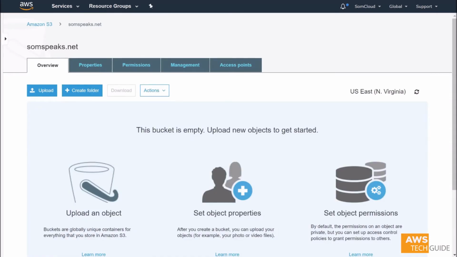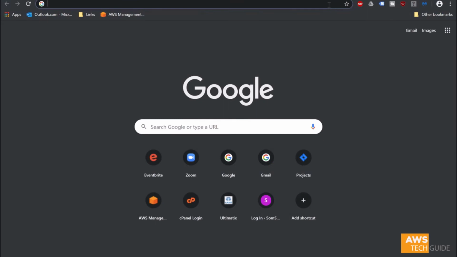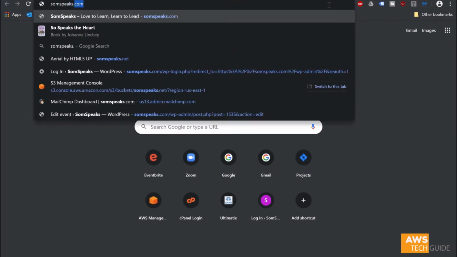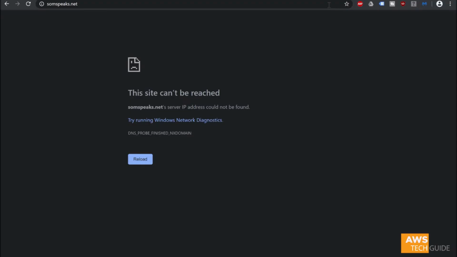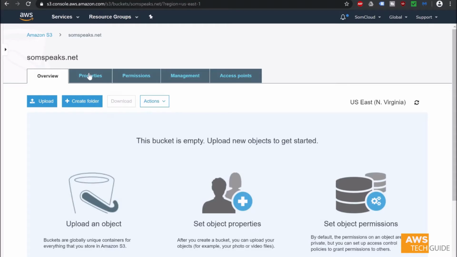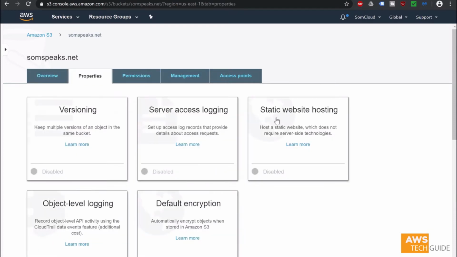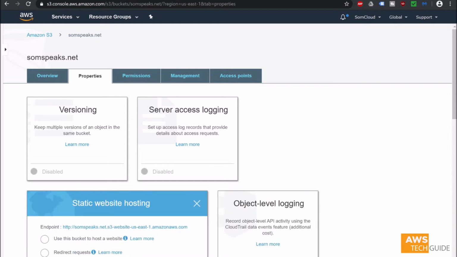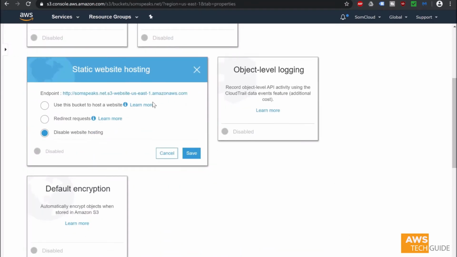Now before going further, let's check somespeaks.net. How is it showing? It is showing nothing because we will be launching our static website here. Again, go back to S3. Now go to properties and enable static website hosting. By default it is disabled. Click on use this bucket to host a website